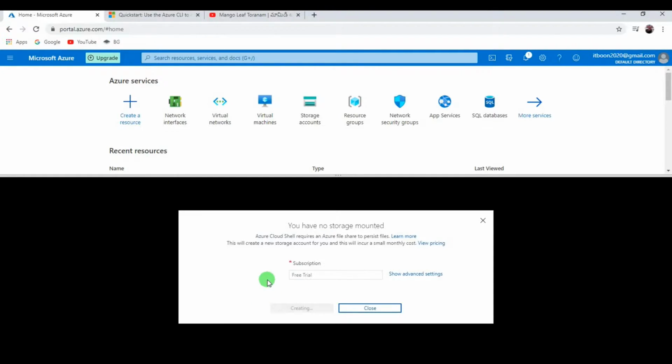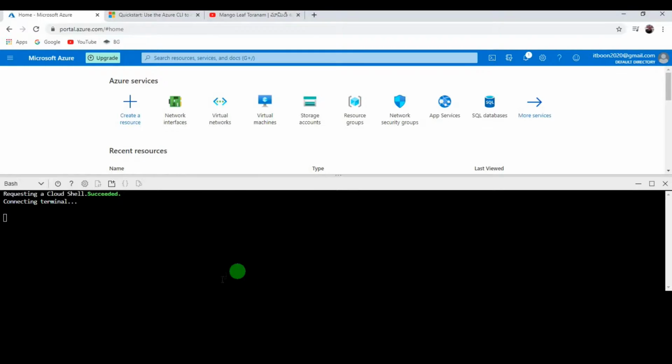You will see the cloud shell option, which is a command line interface to create the virtual machine or any resources on Azure. The cloud shell has created the storage successfully, and now it is connecting to the terminal and connected successfully.